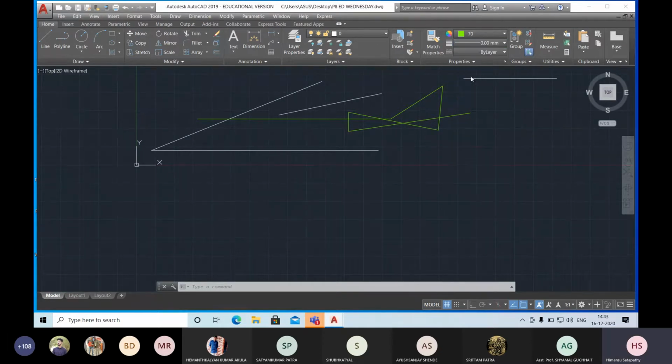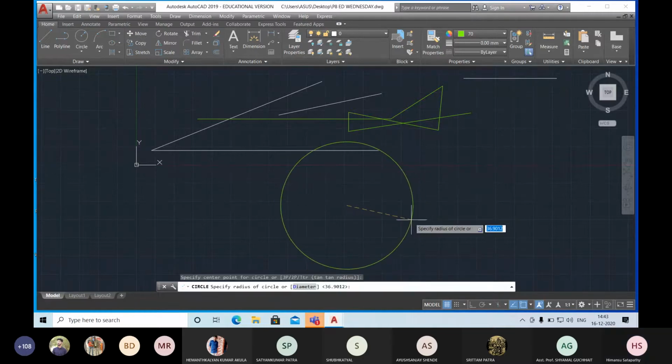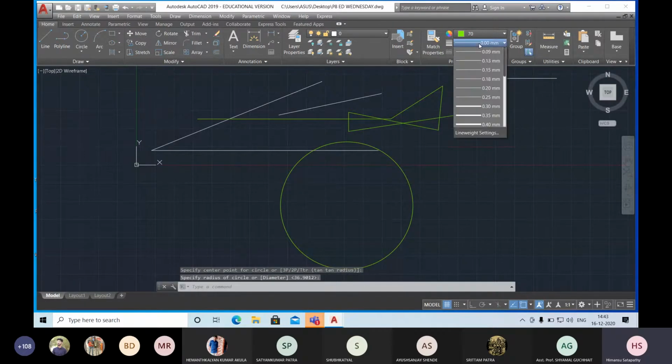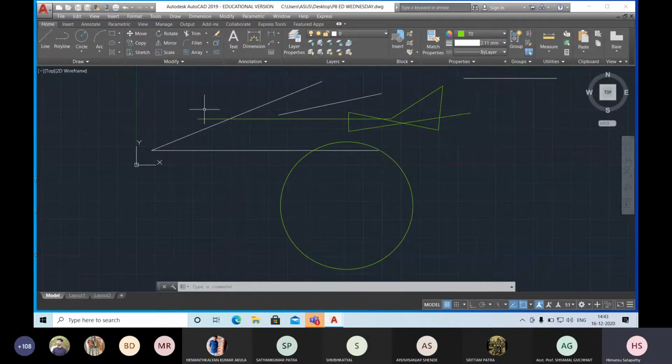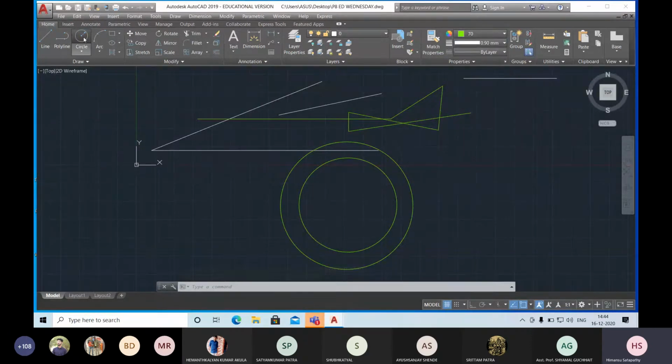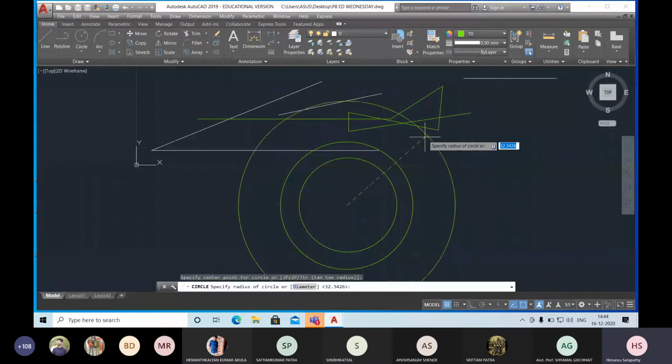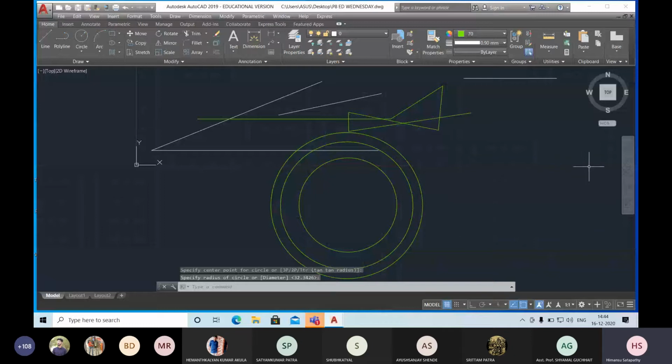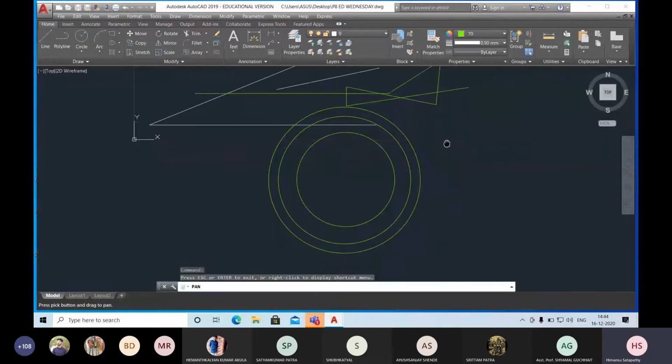So I will tell you the difference. The line is now 0 mm. I just draw a circle here. Now I will go to the line 2.11 mm. This is 2.11 mm, and I draw a circle inside that line. Then I go to 0.9 mm and draw a circle outside of this drawing. Can you notice which one is different?